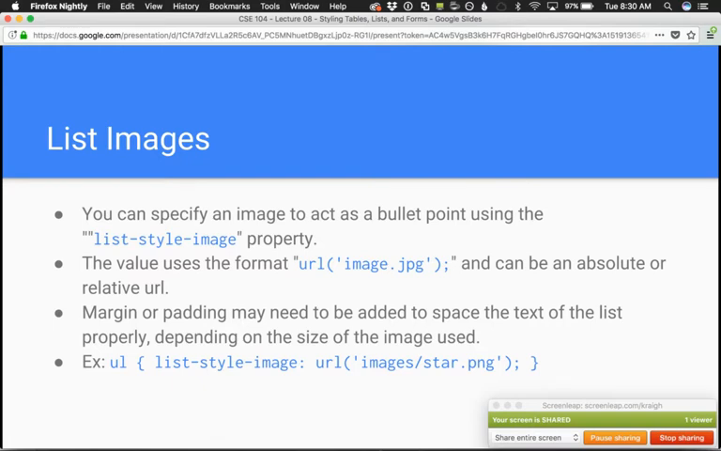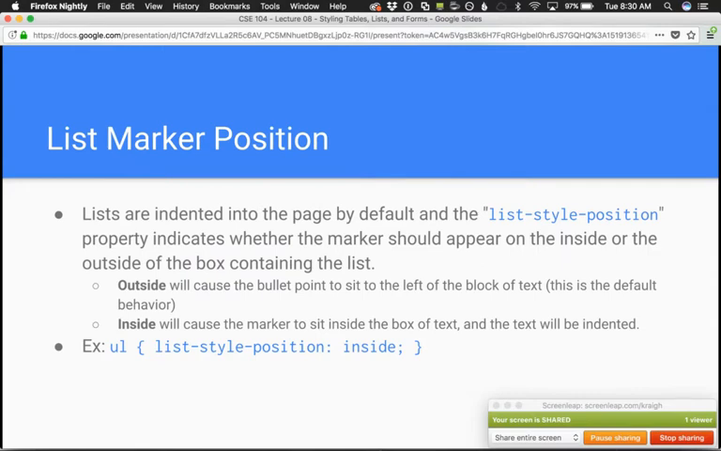So here's an example. We might say ul, and then our rule is list-style-type, and then url(images/star.png) to have some sort of star be our list item. So that's really useful. Another style that can be useful is